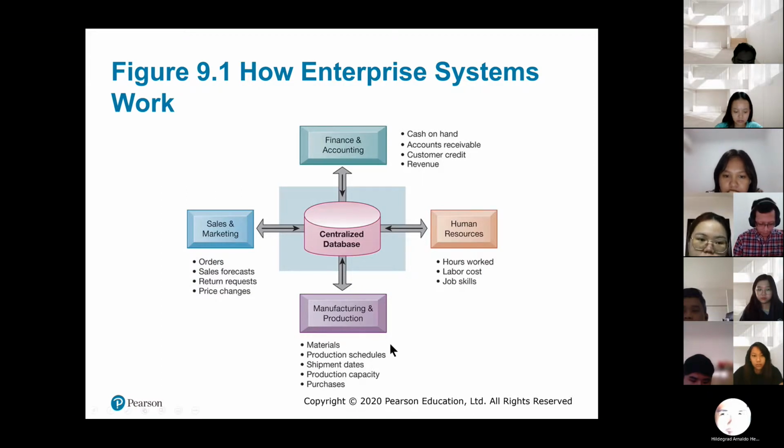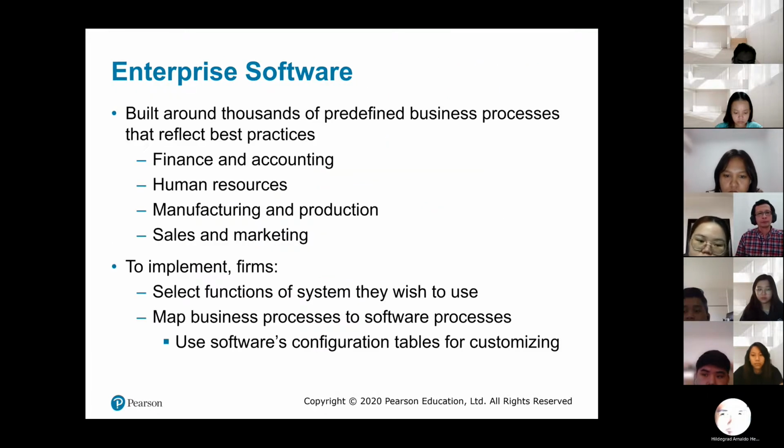Okay. The most diverse and probably most complex part of enterprise system would be in manufacturing and production, because each company have their own manufacturing process. Okay. So how the ERP producer or vendor or developer could come up with ERP?